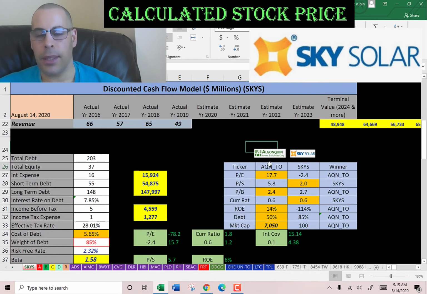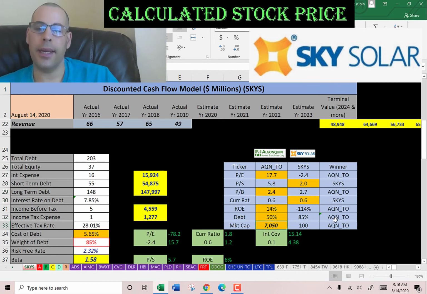Let's compare them to a similar company in the same industry, Algonquin. They're a Canadian company. And in terms of PE, Algonquin has a better PE. SKYS Solar is only winning in price to sales ratio, and they have a little better current ratio, but Algonquin is better in the other categories. Like I said, it's really hard to value small companies that report negative